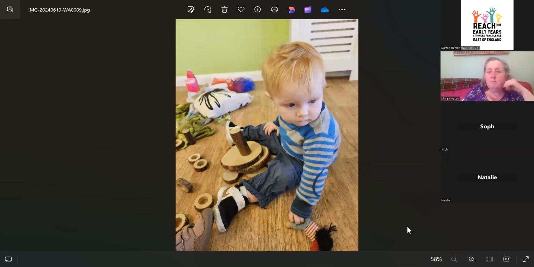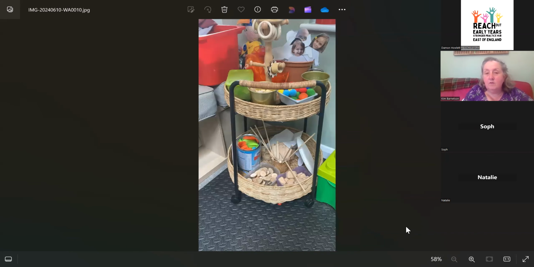Let's have a look. Oh, there's another one playing with this. This was one of our networking sessions at Fear Church, where we had invitations to play, and we had all sorts of loose part stuff going on. So yeah, I think you really do have to risk assess and just know your children really well,